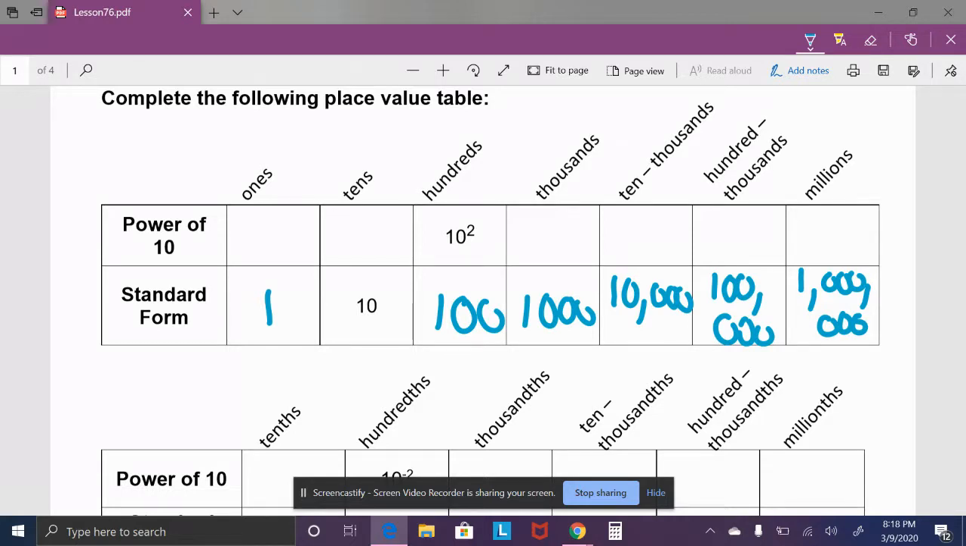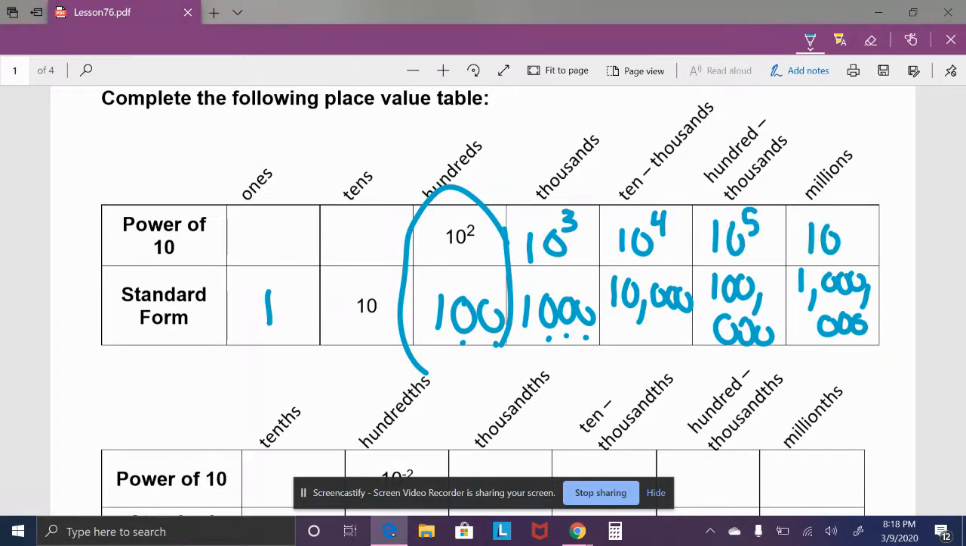We know 10 squared is 100. That means 10 to the third, and you count the number of zeros, is 1,000. 1, 2, 3. 10,000 is 10 to the fourth. 100,000 is 10 to the fifth. 10 to the sixth. Now, if I keep going with this pattern, you notice that the exponents are going in descending order. So you have 6, 5, 4, 3, 2,